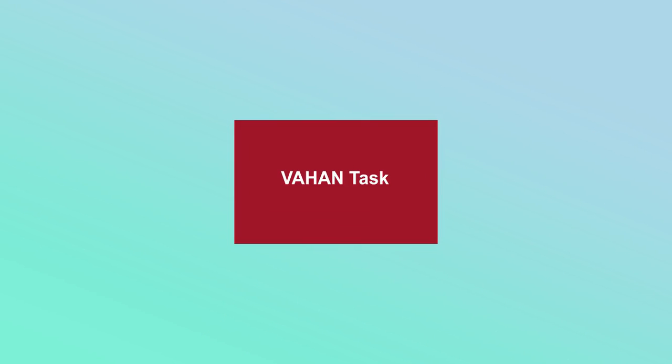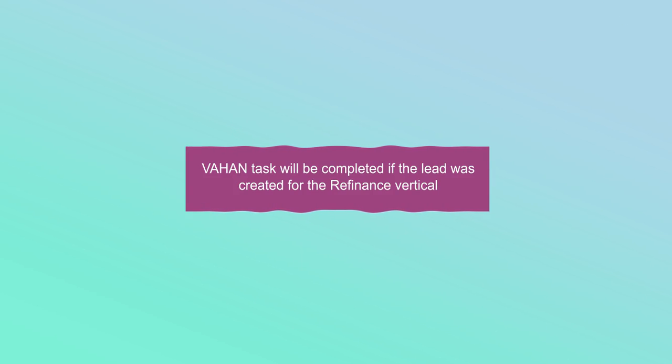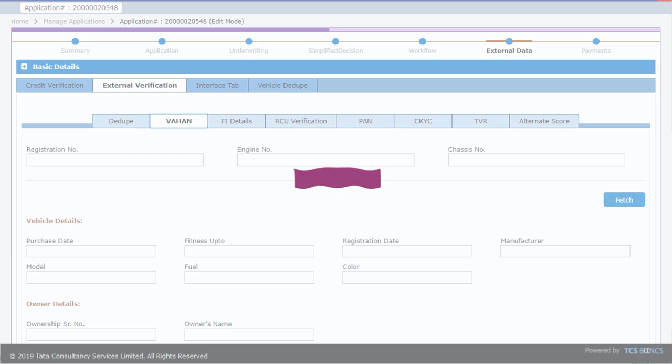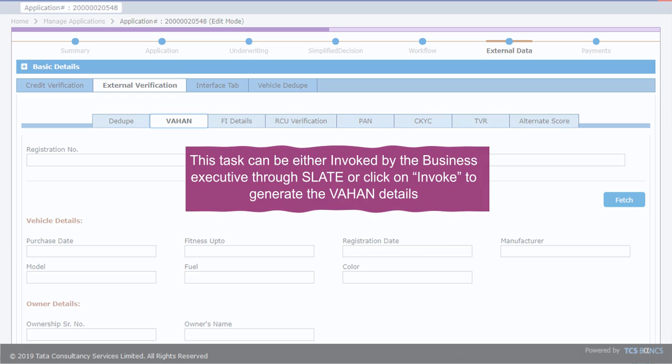Vahan task. Vahan task will be completed if the lead was created for the refinance vertical. Note: in the status list, select Not Valid in case the Vahan details are not required. This task can be either invoked by the business executive through Slate or click on Invoke to generate the Vahan details.